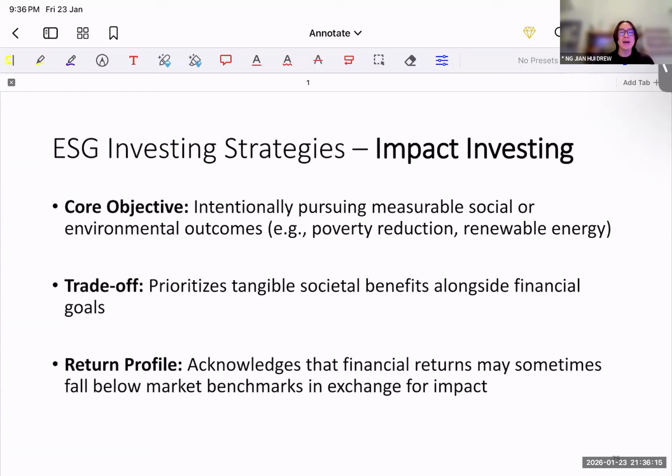Impact investing. So impact investing is a way where you pick a company based on its results, right? Based on what it can contribute to society, to the environment. So you invest in things like sustainable hydrogen power. That's quite debatable, hydrogen now. But let's say wind farms, right? Companies that build wind farms, companies that build solar farms. Those prioritize their societal benefit because you consume less oil, fossil fuel.